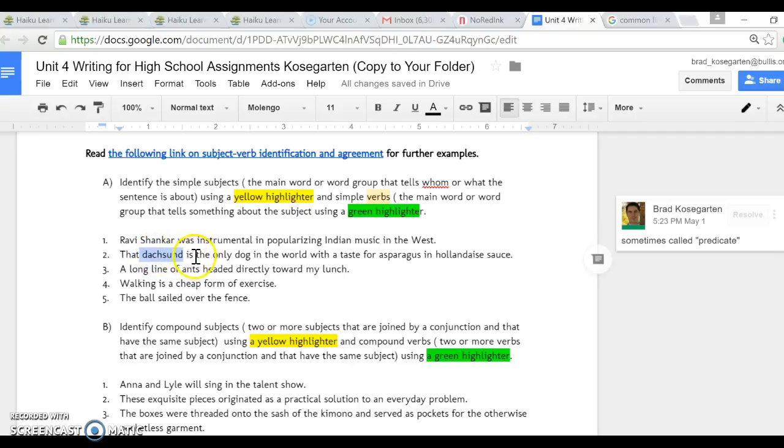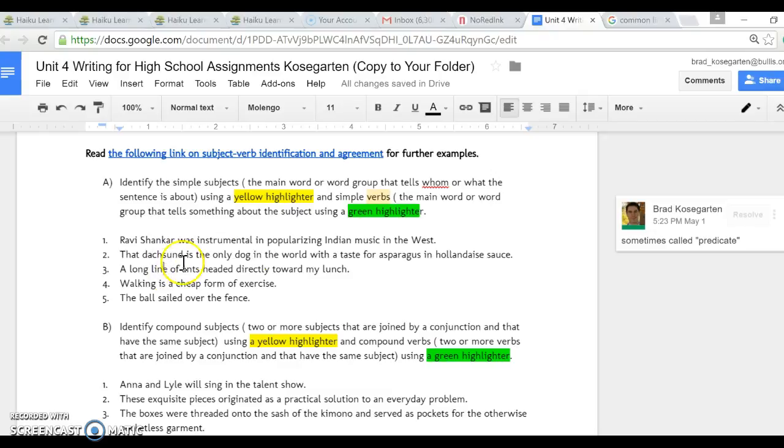Dachshund is another linking verb. Dog, only would be an adjective. In the world: in is a preposition, with is a preposition, for is a preposition, and in. So the rest of this, again, is just extraneous. It's not always going to be this nice and easy for us, but Dachshund is dog is the core skeleton of the sentence. Okay, next one.